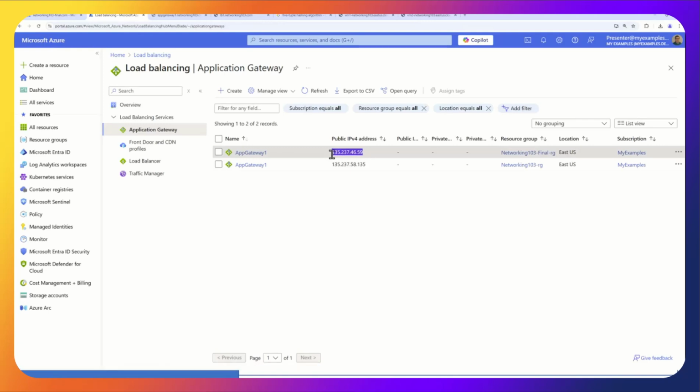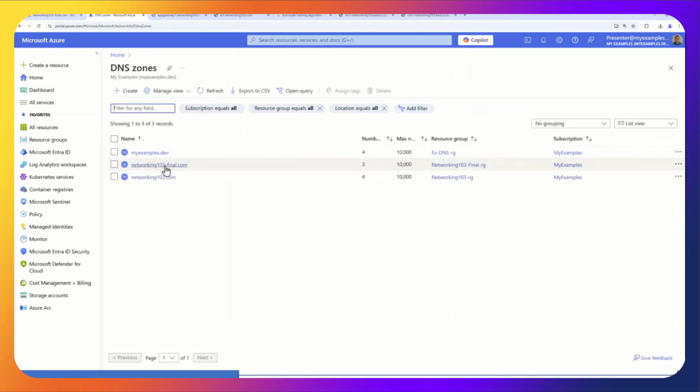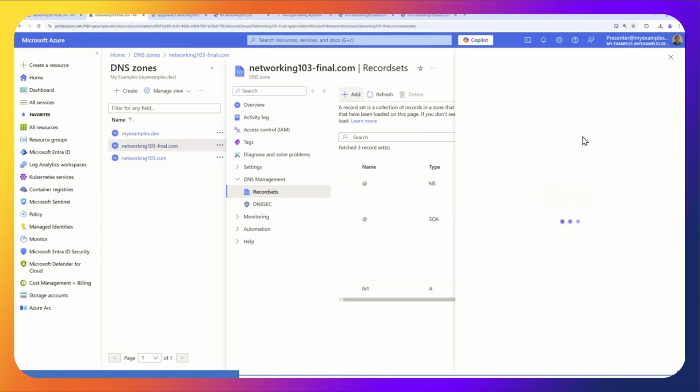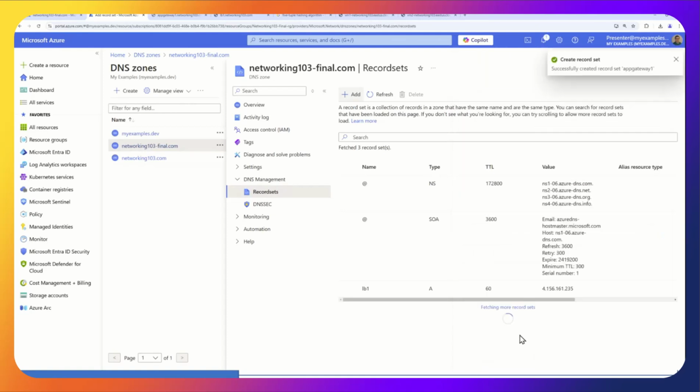So I'm going to take this IP address. I'm going to go to the DNS zone. I'm going to go to the final one. Record set, add a record. I'm just sort of speeding up as we get to the end of time. And we'll call this app gateway. Yep. And then I'll hit add.